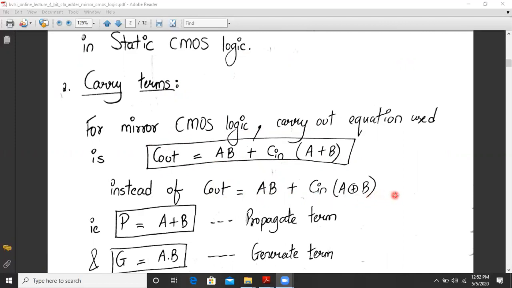We have used that expression so far, but for mirror CMOS logic we will be using this expression, where the propagate term is P equal to A plus B and the generate term is G equal to A·B. So these are the updated generate and propagate terms.